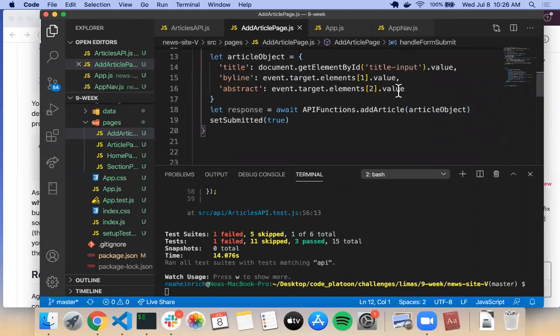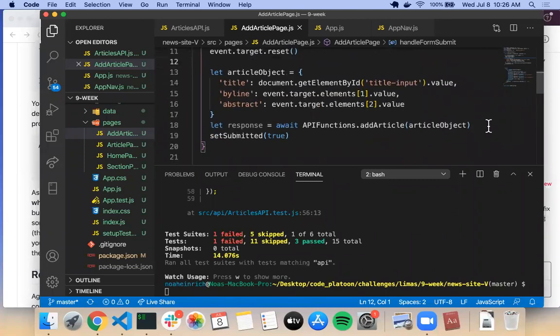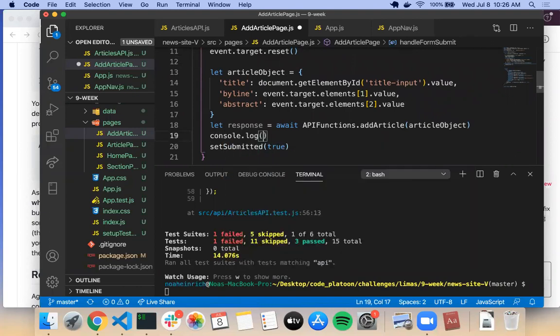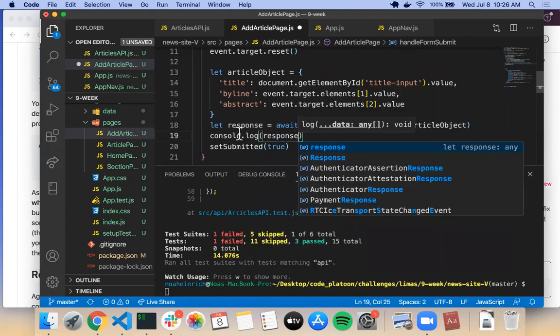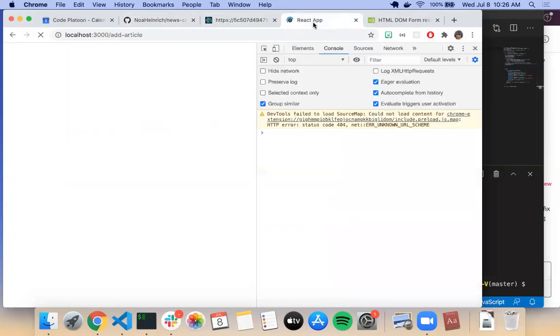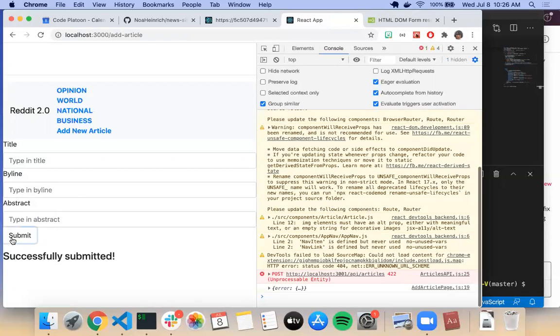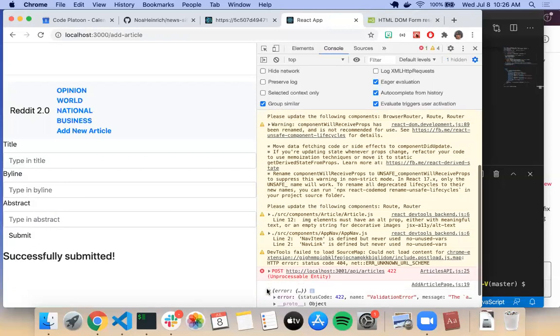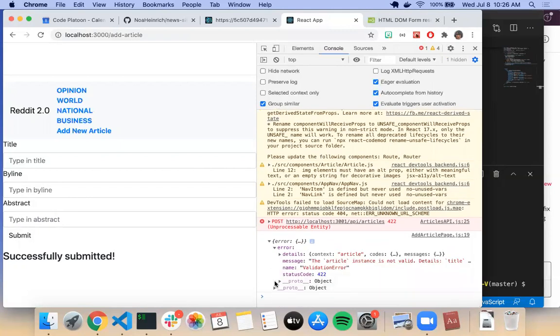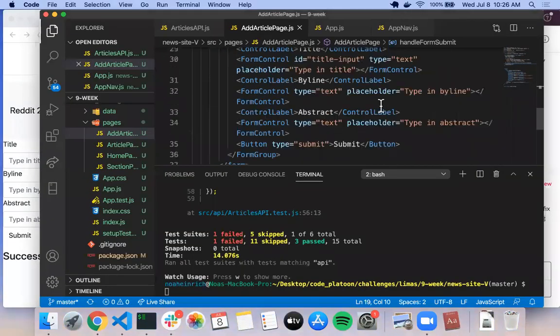So I want to try something real quick. Let's console.log our response again, if we do it wrong. So we submit, here's our thing. We have something called an error. So it should only have an error if that happens. So maybe we'd want to say,